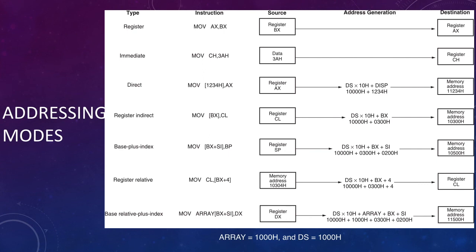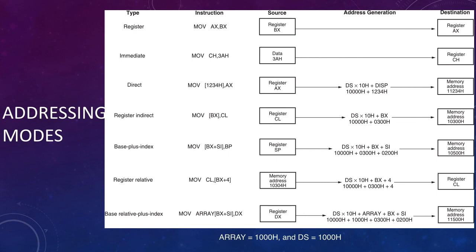So whatever the contents of register BX are, that will act as the address. Here the BX contents are 0300H. With the help of these contents, we generate the physical address, which comes out to be 10300H. So the contents of this memory location are referred to here, that is, the contents of the CL register will be transferred